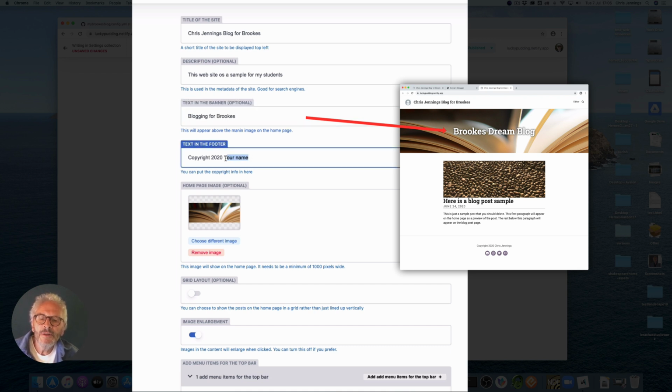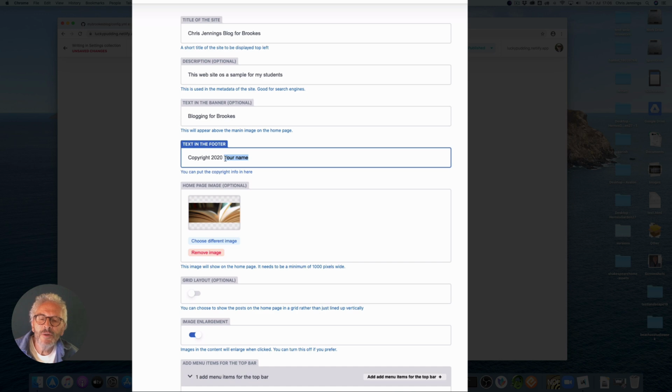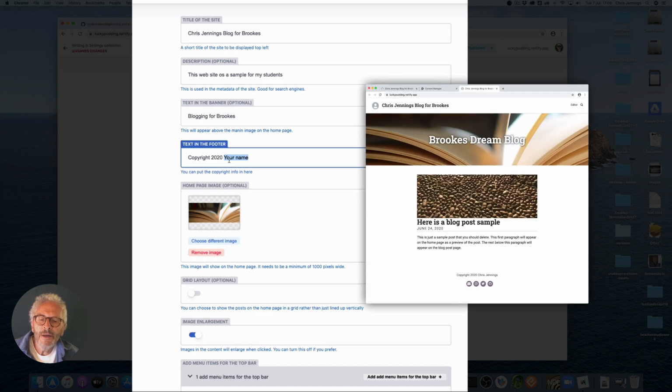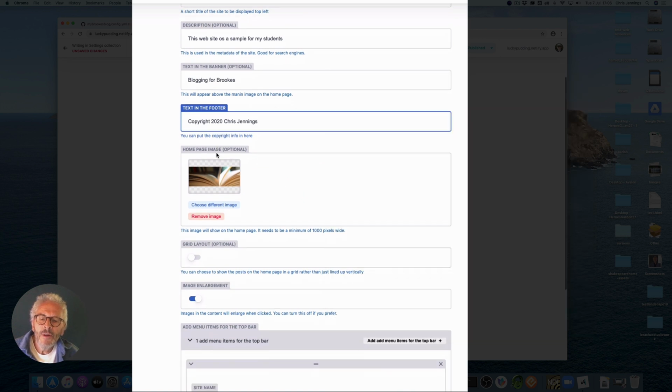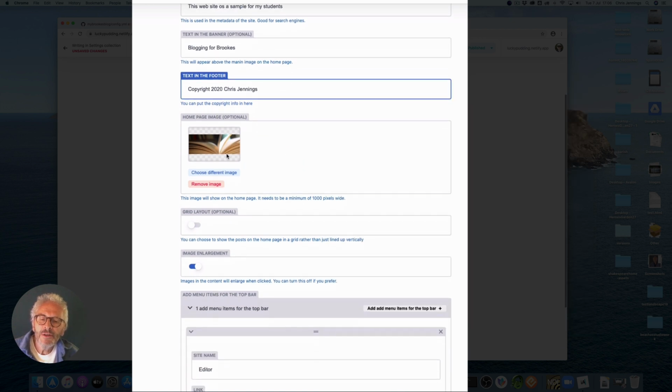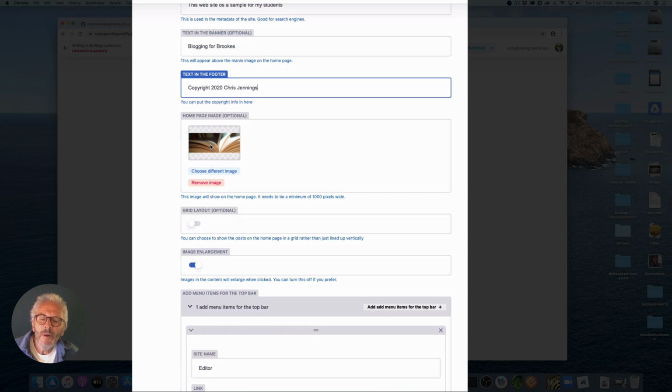something like that. Then this is the footer text. So at the bottom of the home page, you're going to see the copyright information, and in there you probably want to put your name, unless you've decided to call yourself some sort of organization. Now I'm coming back to images in a minute. This is the banner image on the home page,